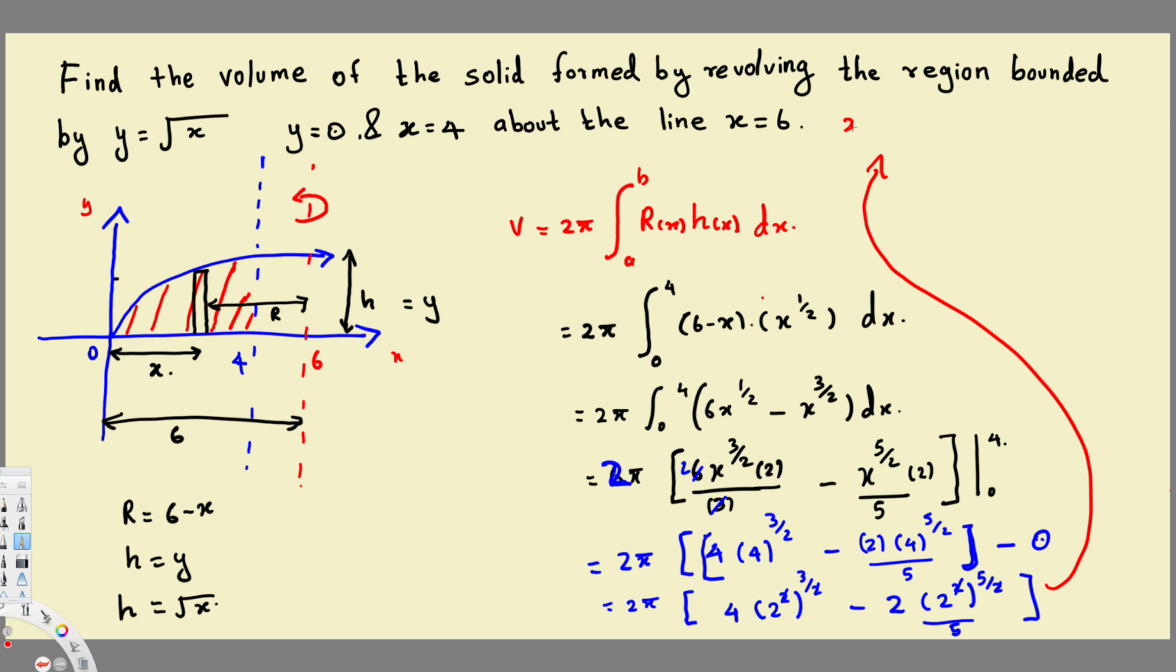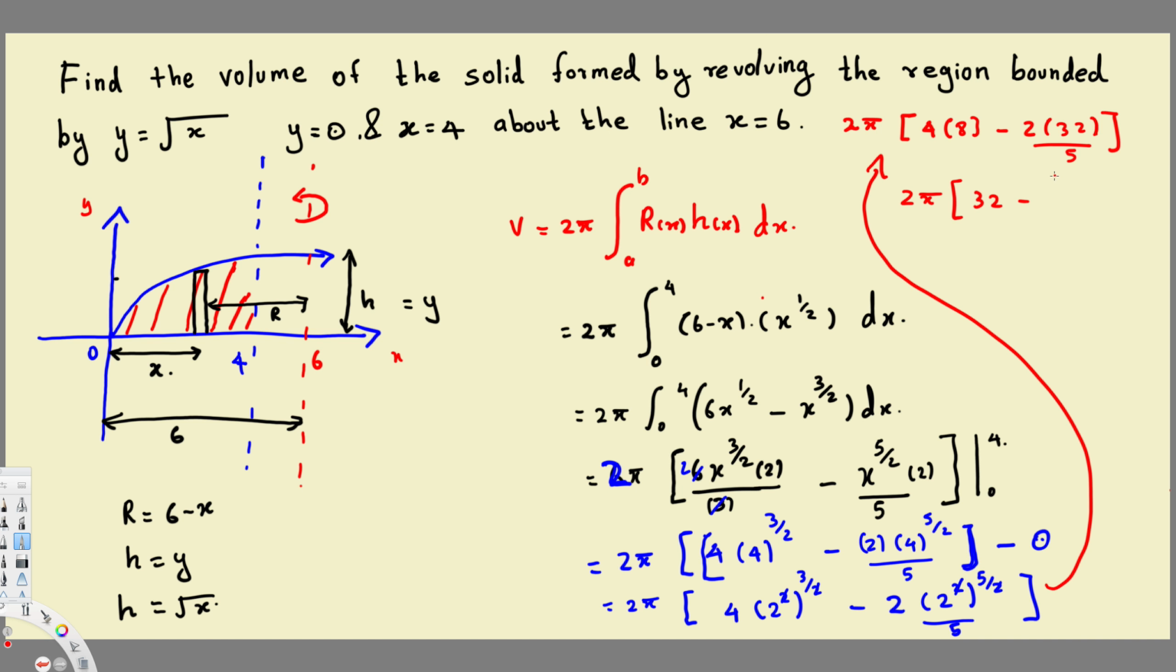Right, so 2 pi times 4 times 2 cubed. 2 cubed is going to be just 8, right? So multiply by 8 minus 2 times 2 power 5. 2 power 5 is 32. So this is going to be 2 times 32 divided by 5. And let's multiply this. 2 pi times 8 times 4 is going to be 32. Minus 32 times 2 is going to be